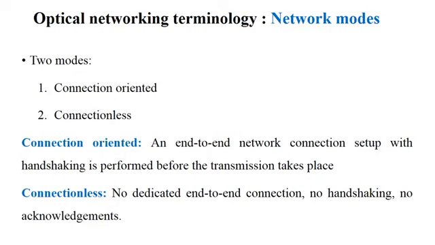In order to do this, the destination must have a sufficient amount of buffer, because the first packet may arrive first, but the second packet may not arrive second. Due to the delay in the networking or the path it is going to traverse, it may take more time. Therefore, at the receiver side, there must be enough buffer to hold this data, and then it can be decoded. So this type of connection is known as the connectionless service. Remember, in case of connectionless, there will be no dedicated path. That is what we mean by connectionless service.